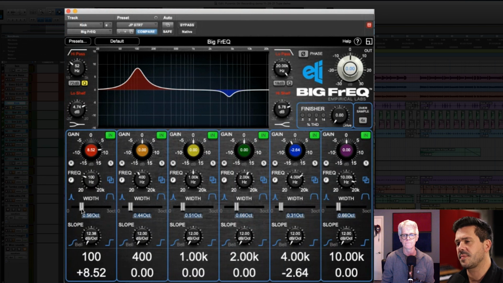What are some cases where you would want to go for the Big FrEQ instead of, say, the FabFilter Pro Q? This EQ to me has a bit of a sound to it. The FabFilter EQ is really cool, and as a repair tool in particular, I think it really shines. But when I want something that's got a little personality to it, a little bit of mojo,